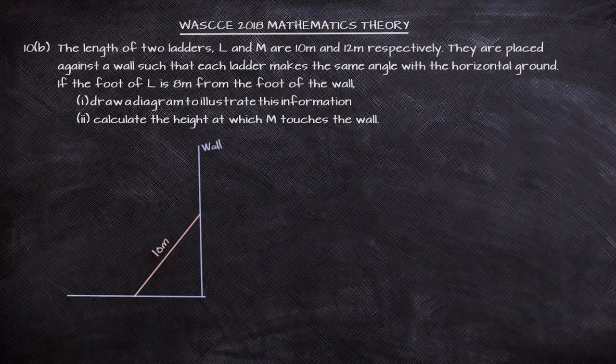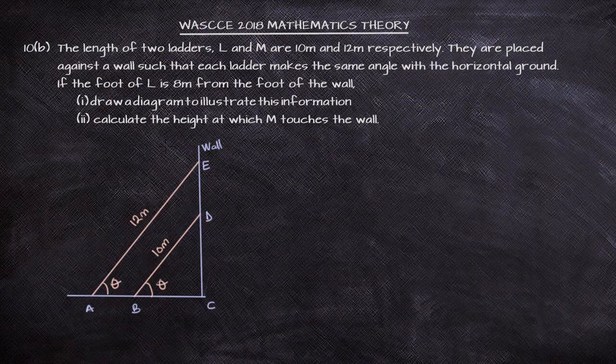10 meters. Now, for them to make the same angle with the horizontal, that means inherently they are going to be parallel to one another. Because the angle here, theta, will also be the same angle here, theta. If you look at them, they look like corresponding angles that are facing the same sides. So that makes the 12 meters and the 10 meters, the ladders, parallel to one another. So now if you have to label our diagram,